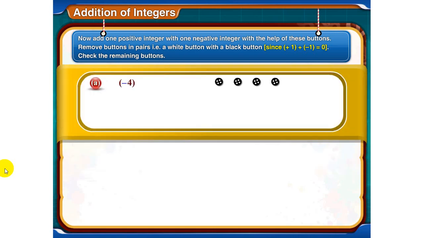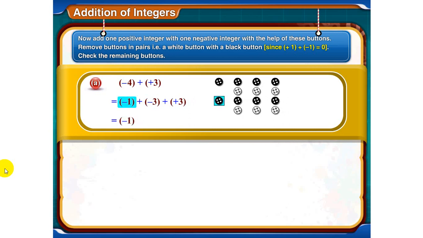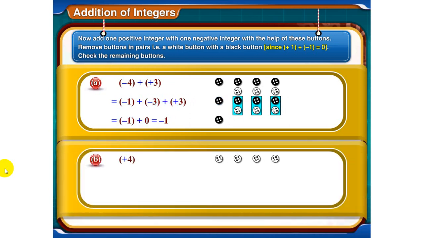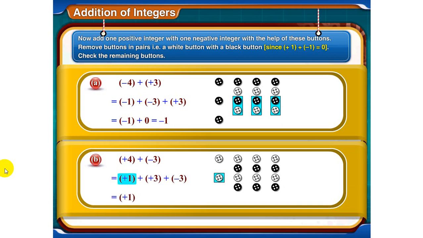A. -4 plus +3 is equal to -1 plus -3 plus +3, that is equal to -1 plus 0, which is equal to -1. B. +4 plus -3, that is equal to +1 plus +3 plus -3, which is equal to +1 plus 0, that is equal to